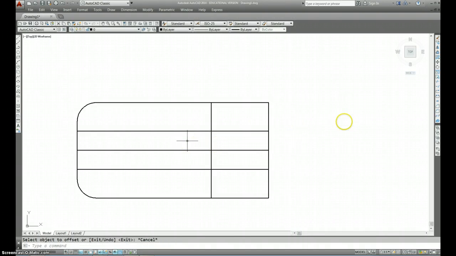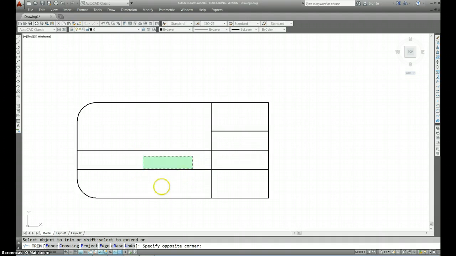Now I'm going to go to trim. Over here to the right, you'll see trim. I'm going to pick on trim, and as I come across to trim off the lines, I'm going to right-hand click my mouse, and then I'm going to pick on the lines that I want to trim off. So I want to trim that line, and I want to trim this line, and I want to trim this line,